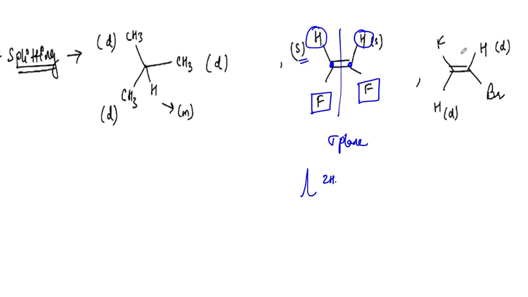What about this alkene over here? Can you see any difference in this alkene? Yes, there is. At one carbon there is a fluorine, at the other carbon there is a bromine, so definitely this hydrogen is having a different environment as compared to this hydrogen. Why? Because it is closer to bromine than fluorine, and this is closer to fluorine than bromine, right? So because they are different, they are magnetically distinct, we are going to get two doublets.